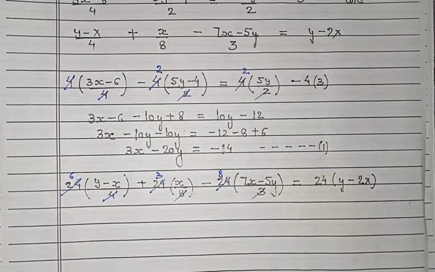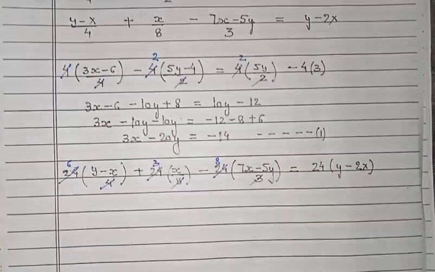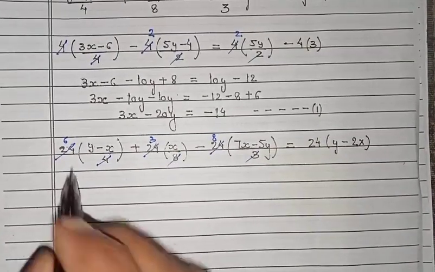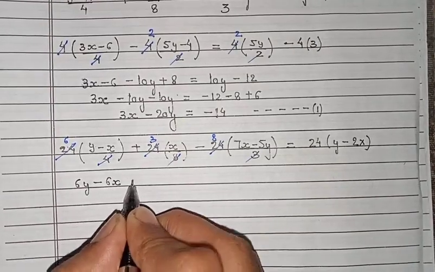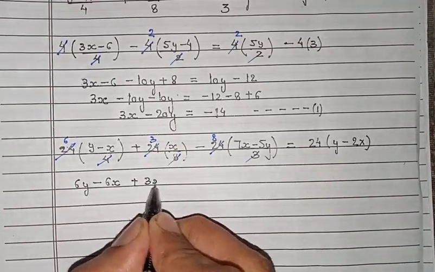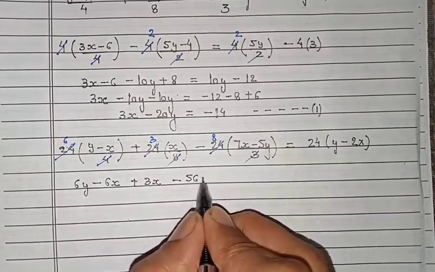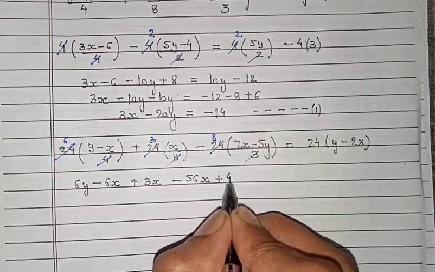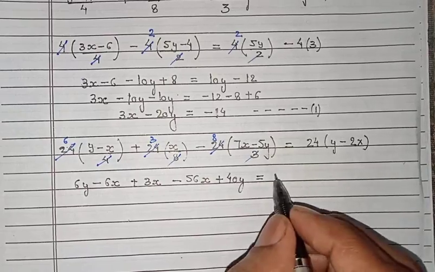Now we will open the bracket. So the first bracket is opened with 6. So this will give you 6y minus 6x plus 3x minus 56x plus 40y, and on the right side you will be getting 24y